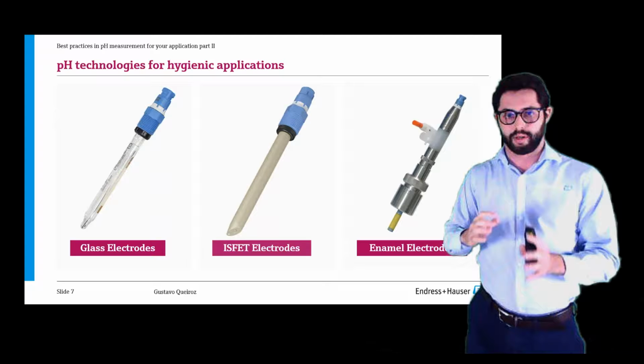Glass electrode application. Since glass is not well accepted in the food and beverage industry, we have one application focused on the life science industry, which is fermentation or bioprocess in general. Whenever you have a fermentation process or a bioreactor, usually the pH is a key variable to ensure the yield of your batch. So the microorganisms need to work under a very narrow pH range if they want to achieve